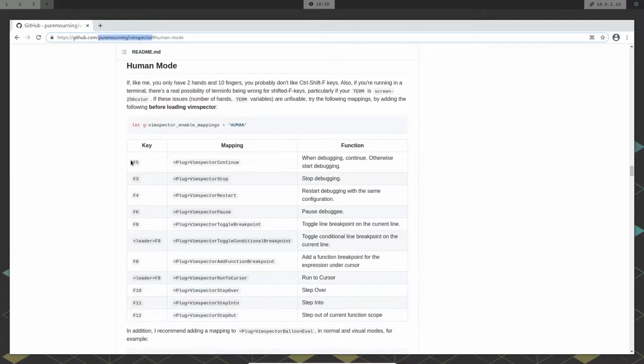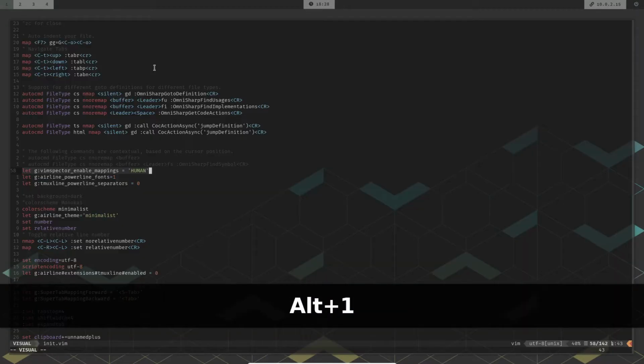You have F5 for continuing debugging, F3 to stop debugging, and F4 to restart debugging. All of these bindings are pre-configured for you using this human mode. With that done, let's get out of this file.